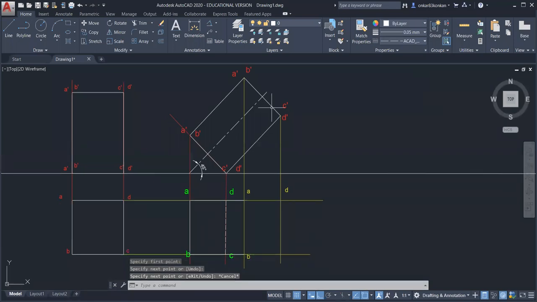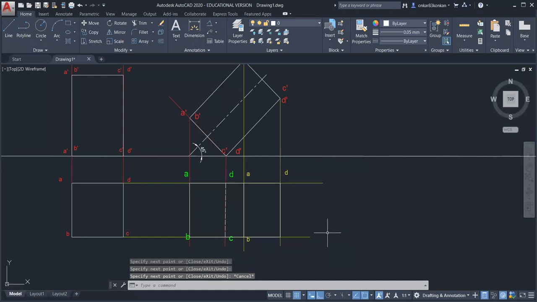Now observe the top base. In the top base, the complete top base is visible, so all the edges will be visible, that is AD, AB, BC, and CD. Join these points by a continuous thick line. So this is your second stage top view. Only one edge is hidden, that is the DC, which is in the HP.